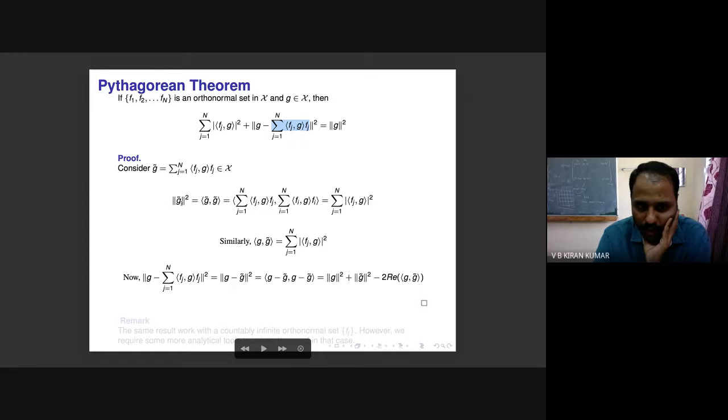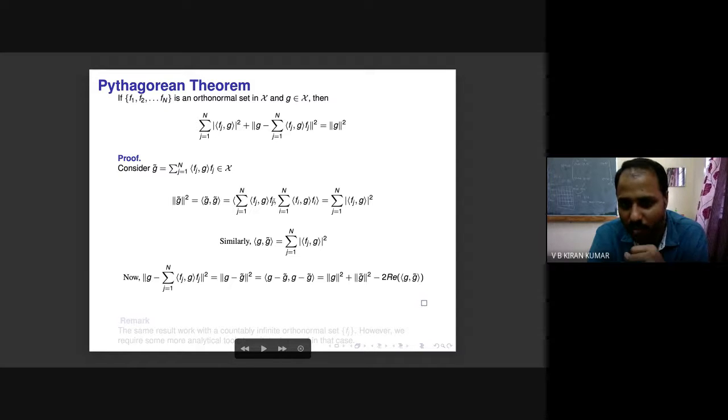And compute norm g tilde square. Norm g tilde square is the inner product of g tilde with g tilde, which by definition, g tilde is this. So you replace it here and here. Now remember, you can take this finite sum and this finite sum outside. But when you take this sum outside, there will be a bar because it is conjugate linear, so conjugation will come. And when you take this outside, exactly this linear sum will come outside. But there's a catch. The remaining is the inner product of this one with this one. So what happens is that you use orthonormality.